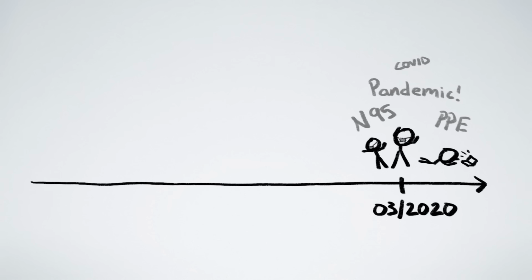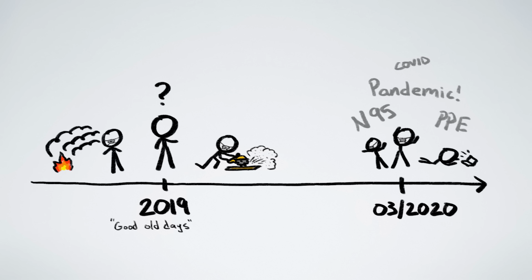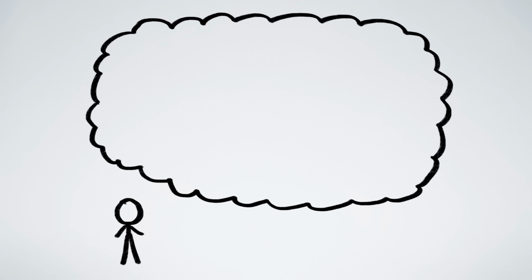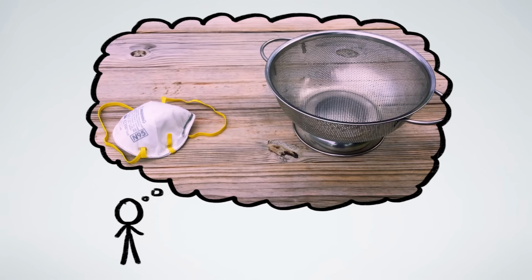Prior to March 2020, there's a good chance you didn't know what an N95 mask was, or at least didn't think about them unless you were doing a home repair project with lots of dust, or live in a part of the world with crazy pollution or wildfire smoke. And upon learning about them, you might think, like I did, that an N95 mask is basically a really fine